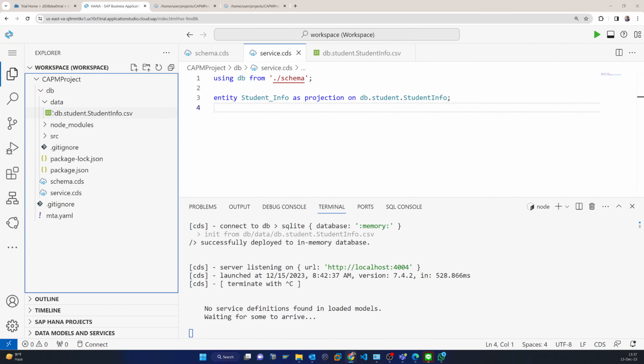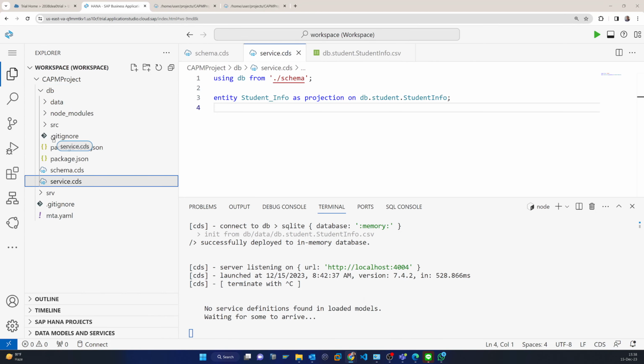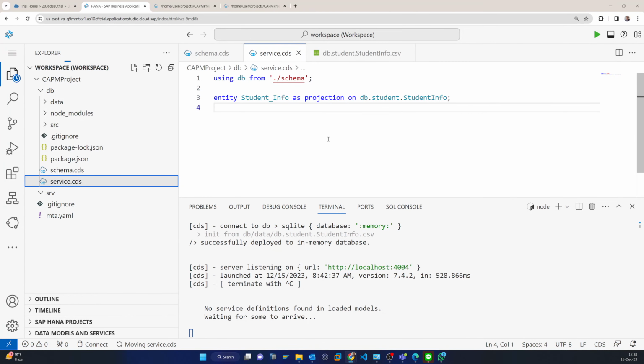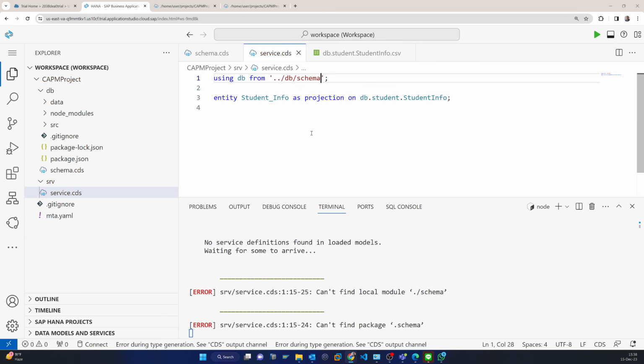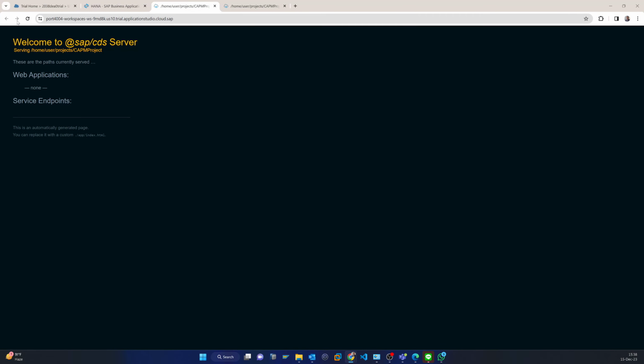So here actually SRV, so it should be from here. So now